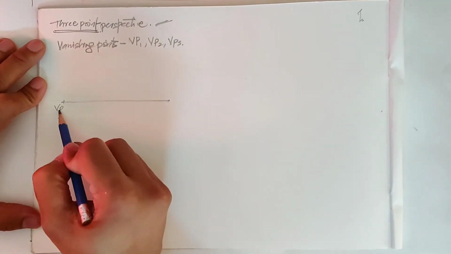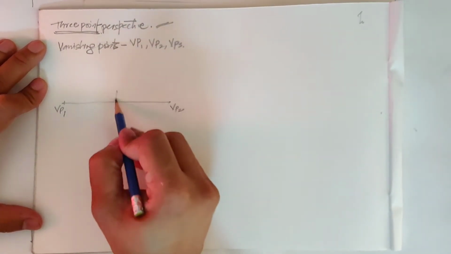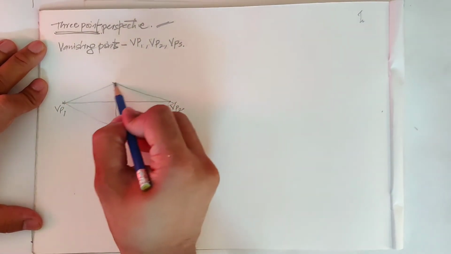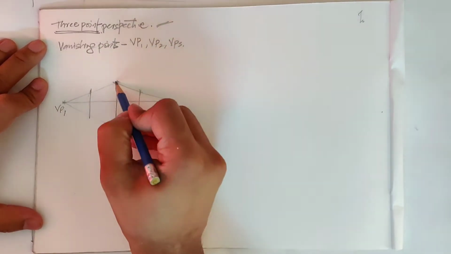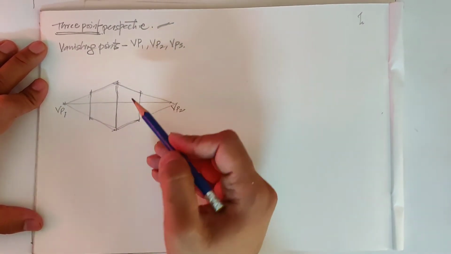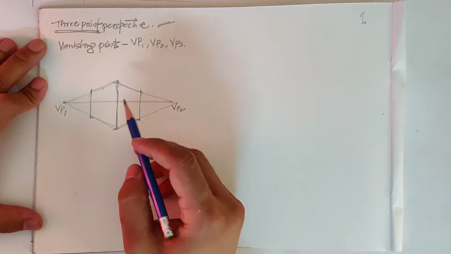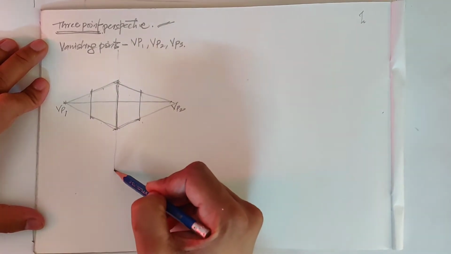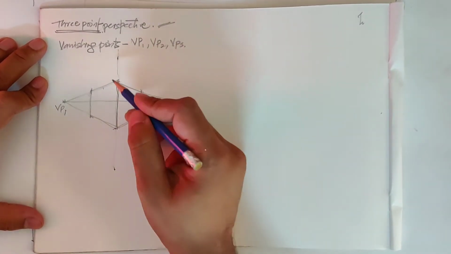A quick revision of two-point perspective. Okay, this is a very basic two-point perspective of a box. In this we were vanishing the two sides and the heights were vertical. In three-point perspective we have to add a third point, which can be added below the horizontal line or above the horizontal line, or in another way, below the object or above the object.